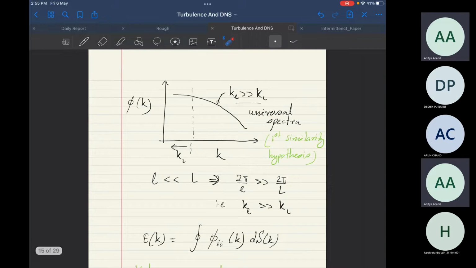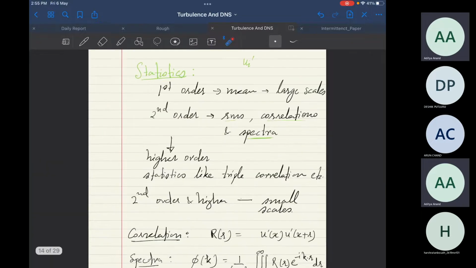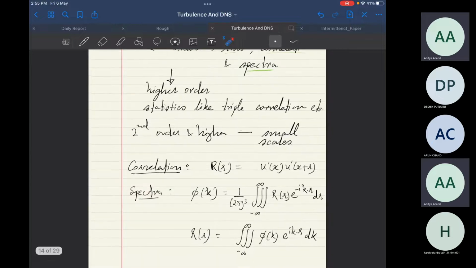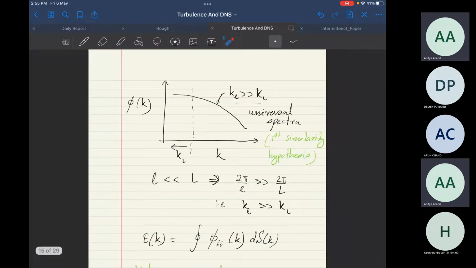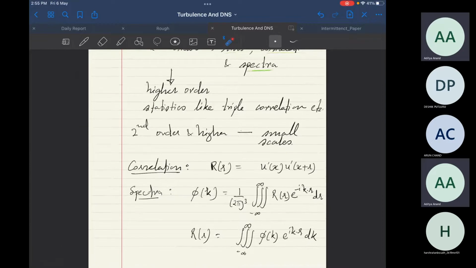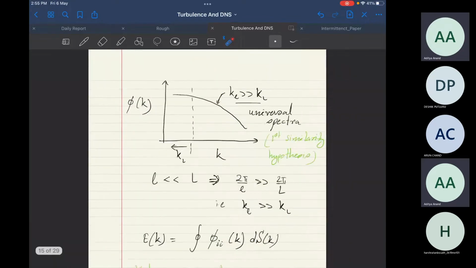Okay, so what Kolmogorov hypothesis says is your second order statistics, that is either these correlations. Okay, there are plots for these correlations as well, which I have not discussed. So Kolmogorov talks about structure functions, which are functions of these correlations. I'll be talking about spectra because it is easier to grasp. Your spectra are a function of these wave numbers. Now if you plot the spectra here,